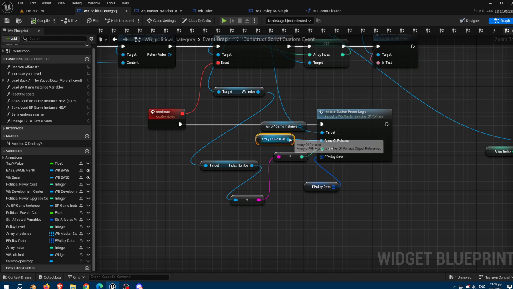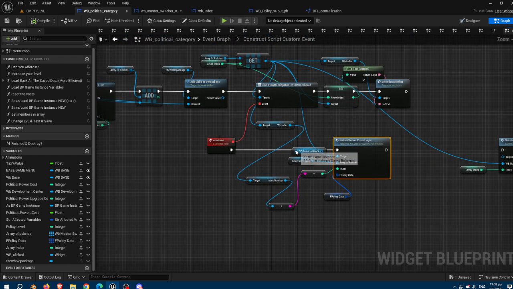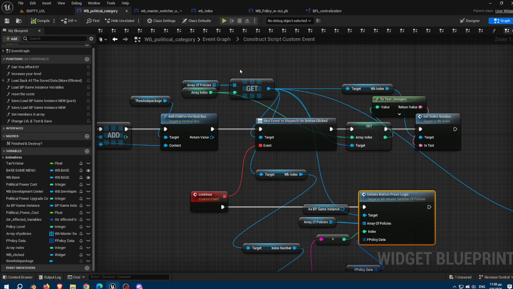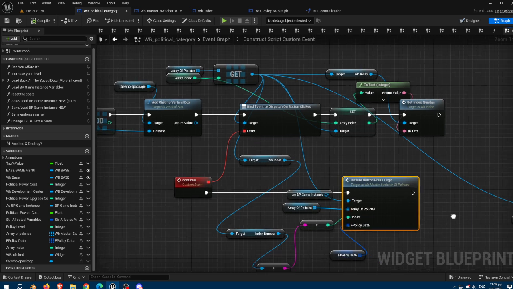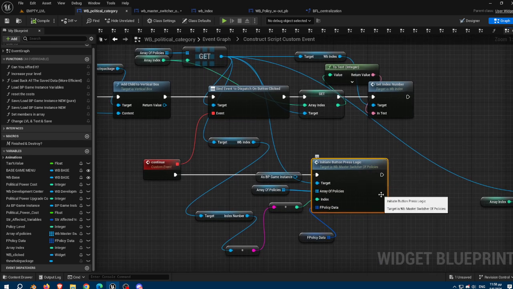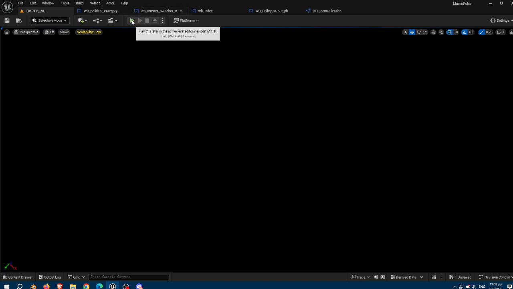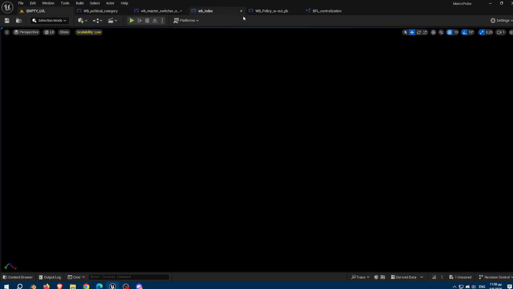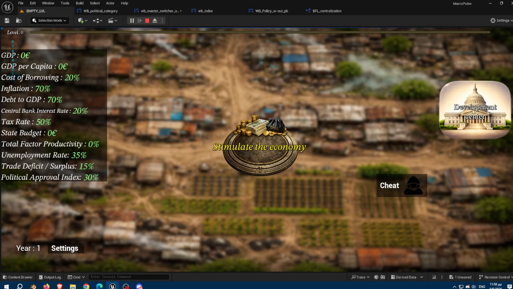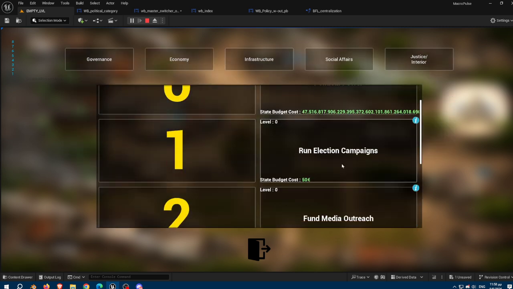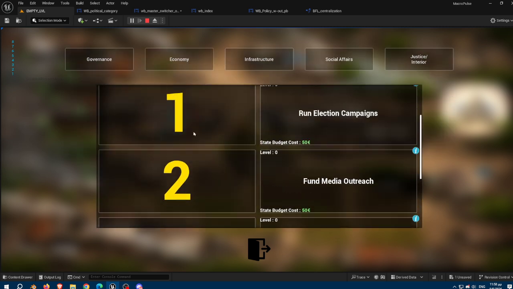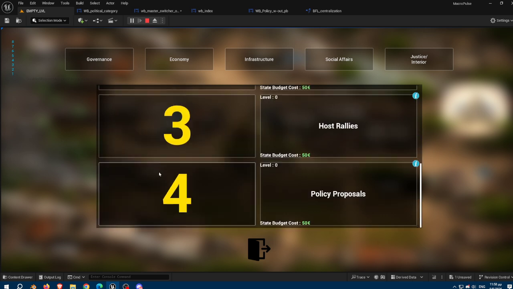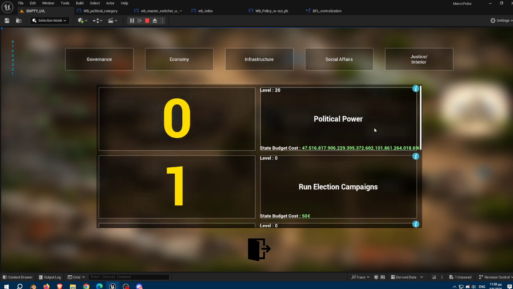Array of policies. This variable should be working. If it goes to another blueprint, yeah, we're getting the whole thing, we're putting it in there, and so you should be able to select through there. I don't understand why it's not working. So what you have right here, you're telling everyone to go into the governance tab and tell all these tabs, hey, I also put this so I can see their index, if it actually works or not. And so you tell everyone here, hey everyone, you all have a number, so I want you to, when